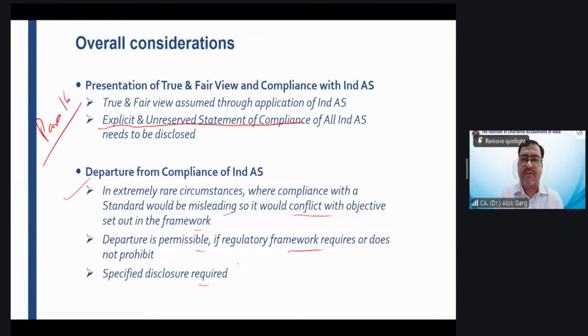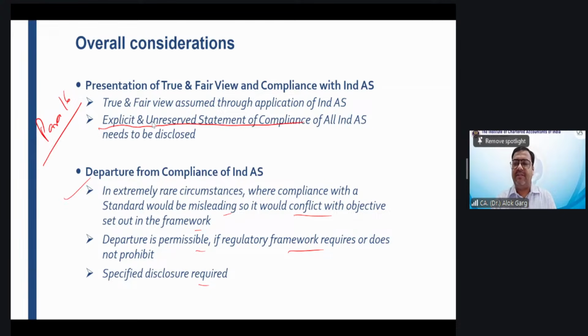Friends, related party disclosure. This related party disclosure is covered under Ind AS 24. For example, you are an NBFC and you are into the business of giving a loan to the customers. Okay. Now, the son of a director has taken a loan from this NBFC. Okay. So if this NBFC company has given a loan to the son of a director, whether it is a related party transaction or not, relative of the KMP, yes, relative of the director, whether it is a related party transaction or not, please tell me.